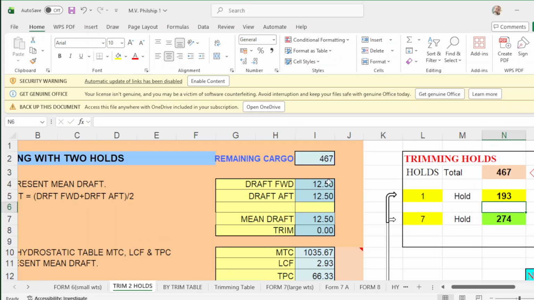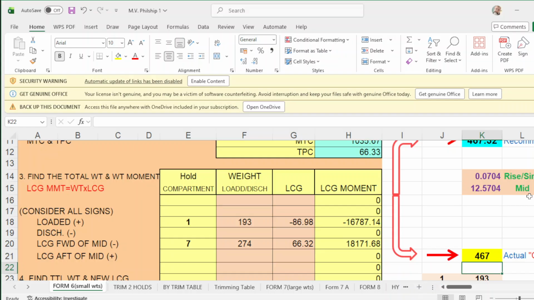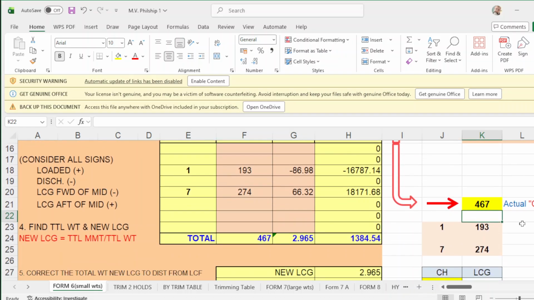Take note of the cargo to load in number 1 and number 7. 1 is 193 and 7 is 274. We go back to form 6. Take note that number 1 is 193 and 7 is 274.